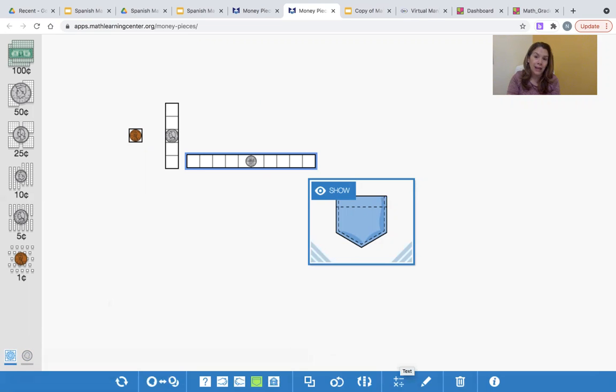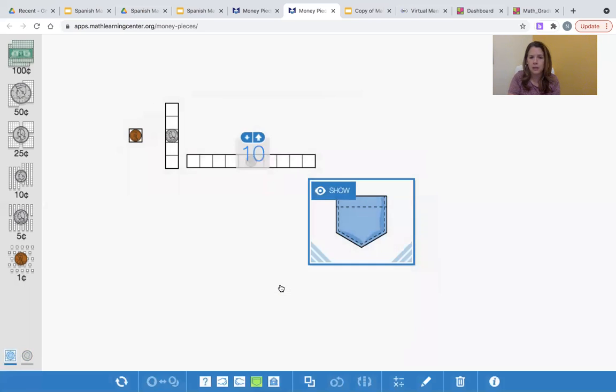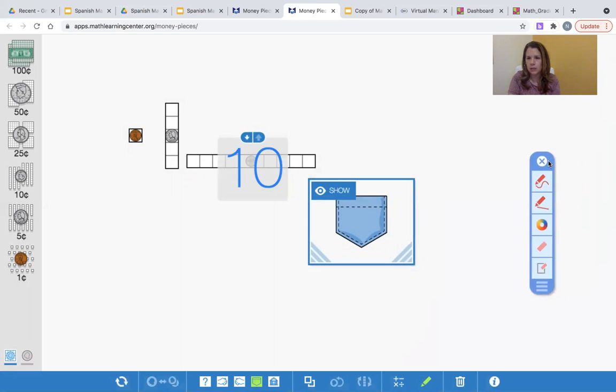Also, when writing on this workspace, students can use this feature where they can add numbers and label. So if they have a dime, they can label 10. Or they can use addition sentences just by clicking on the different features and click done. So they can label their work and even go up and down to create the smaller or larger sizes and really show their work. You also notice that there's a pen feature, which I utilized in the model lesson in